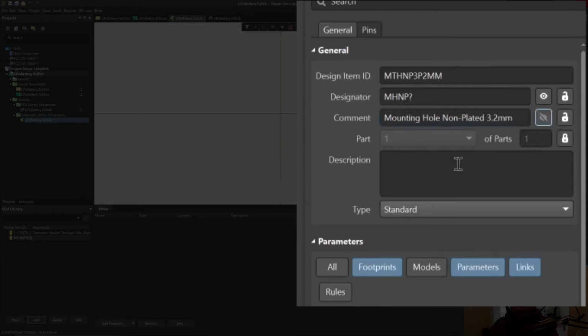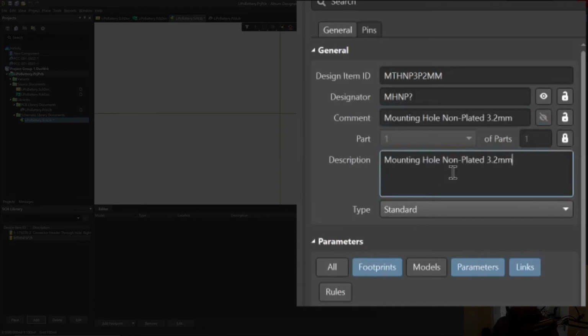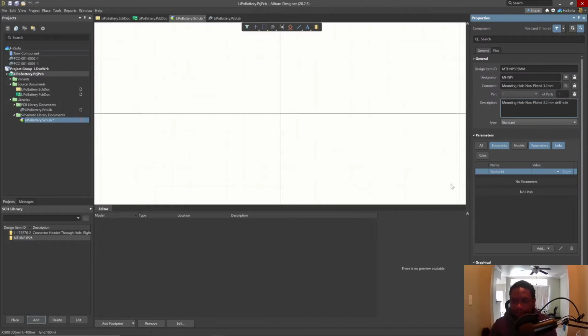Make this not visible. And Control C. Drill hole, yeah. Cool. Footprint. We don't have a footprint for it yet. That's fine. Let's go ahead and place a